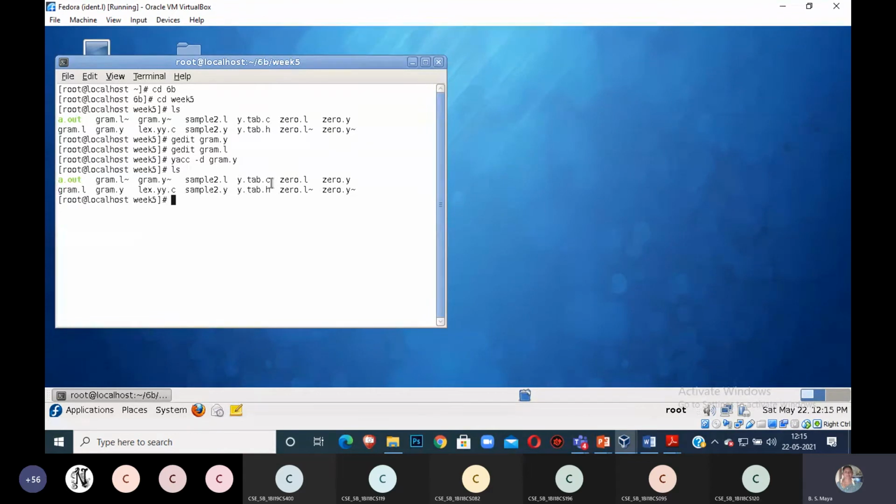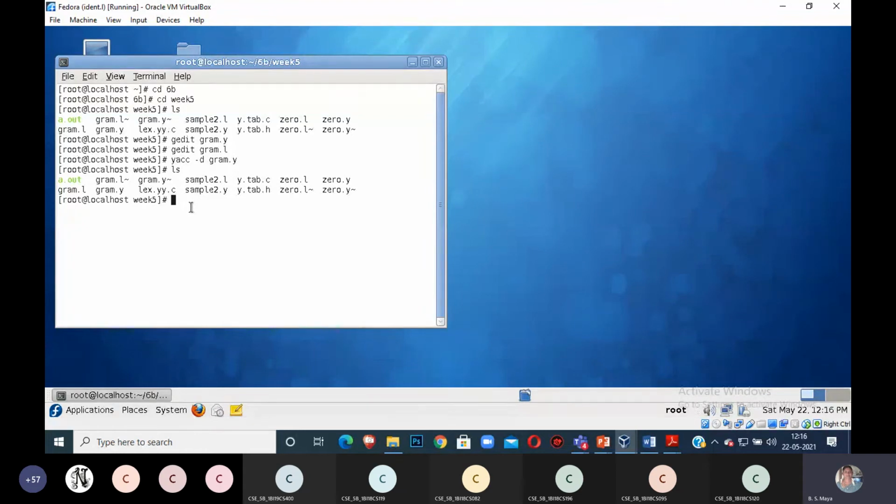Can you tell me which compiler is used for the Lex program? lex gram.l. Now check it out: another file is created, lex.yy.c.